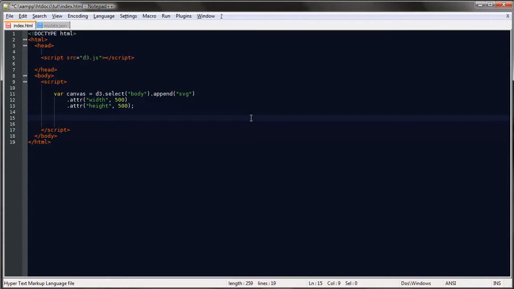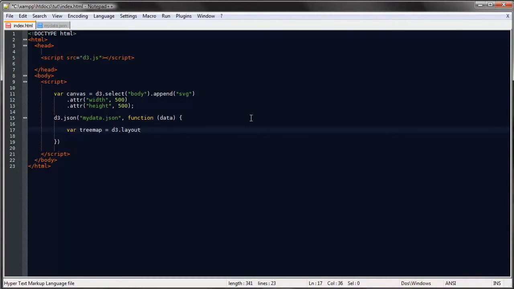So as usual, we start by loading up our data. So my data.json function data. Alright, and then to create our tree map, as with all the other layouts, we just say d3.layout and then the name of the layout. We can set the size. I'll just make it the same size as our canvas. And then using the nodes method, we are defining where our data is coming from. So from the data variable here that we're loading with our JSON